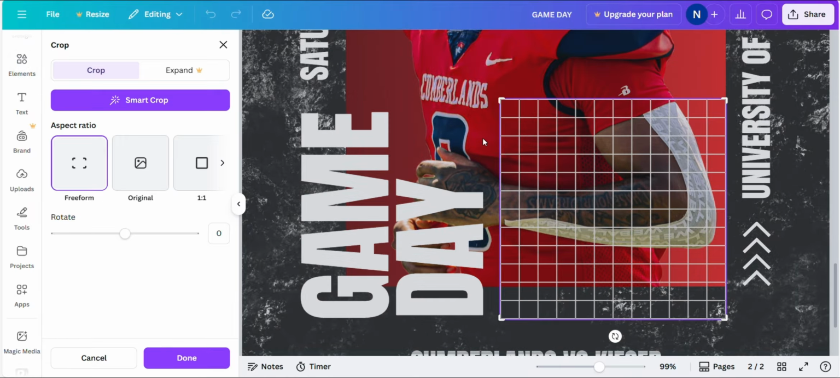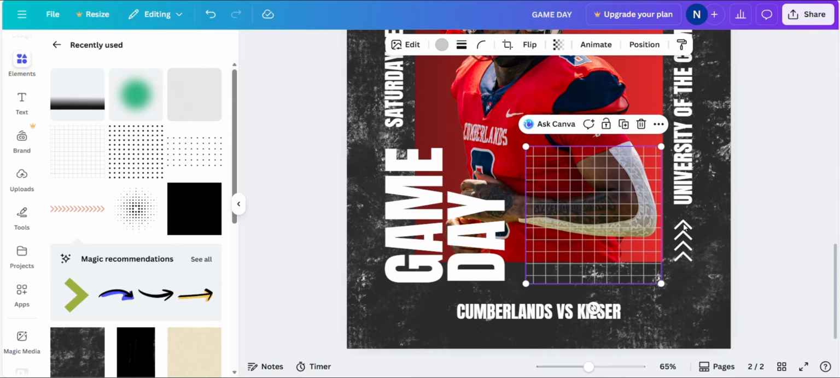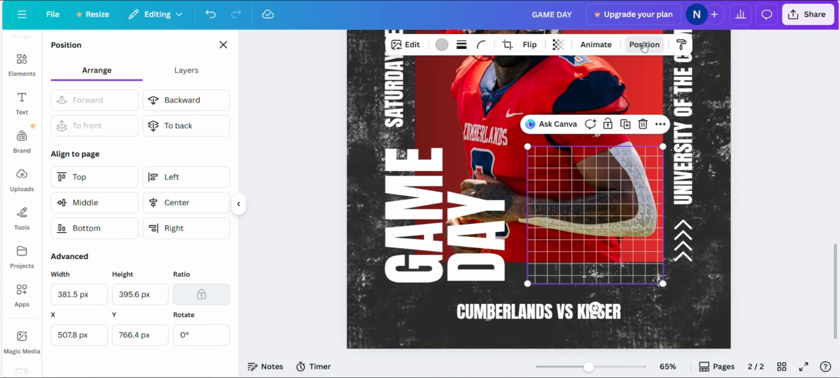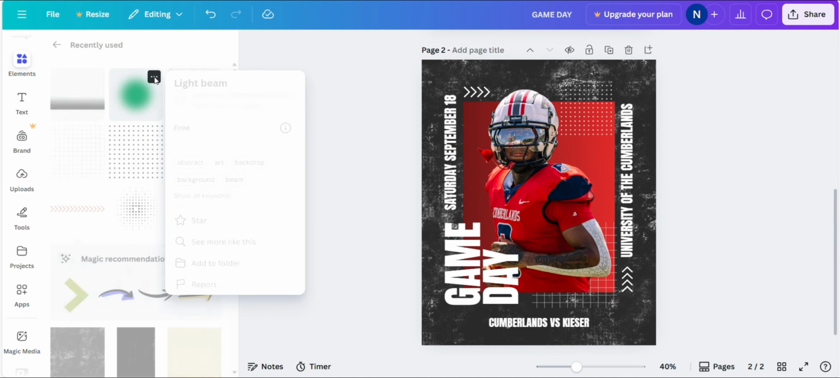So you can see I double click on the image, and then I crop the sides by just bringing them in a little bit. So after I'm done with that, I click on the image and drag it to the right. And then I click on my layers and send it behind the player, but still in front of the square. We're going to continue to add a few more elements, and this time we're going to add a light